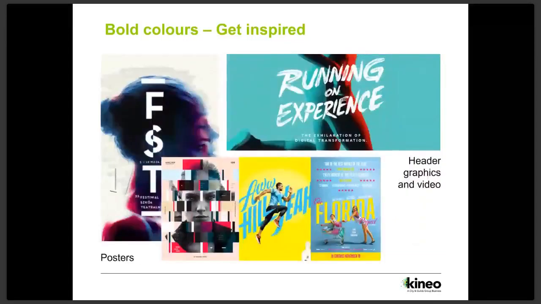Yeah, and some of these examples that we're showing you combine a few of the effects that we're going to be talking about today. They haven't just picked one. So, for example, this poster design on the left-hand side with the lady's face on, it also uses the duotone, but also uses the double exposure, which is what we're going to be talking about next. So it's almost like it was set up perfectly for us.